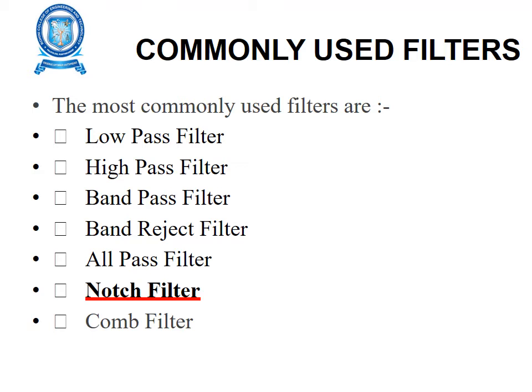Suppose, for example, I have to send a signal from a filter with frequencies between 5 and 15, and I have to pass only the frequency at 10. Then I can use a band pass filter and send that frequency alone. Similarly, the next one is the band reject filter. Suppose I have to reject that particular frequency of 10 alone, then it will reject that alone and pass the remaining 5 Hz and 15 Hz frequencies.